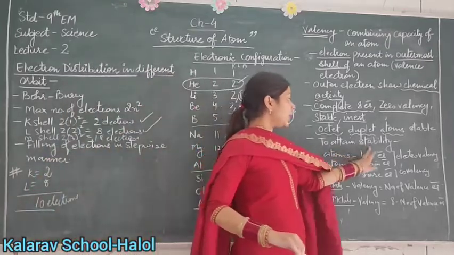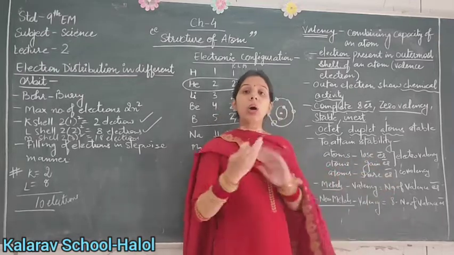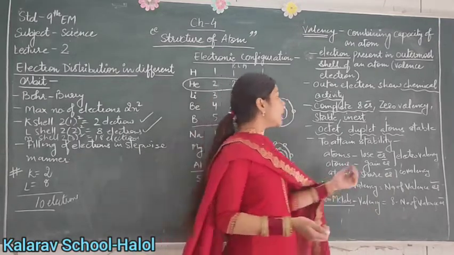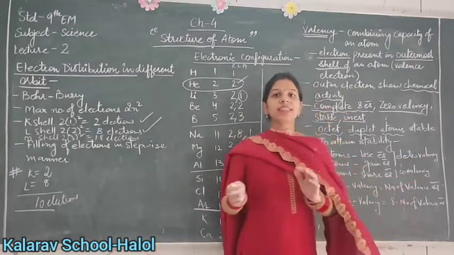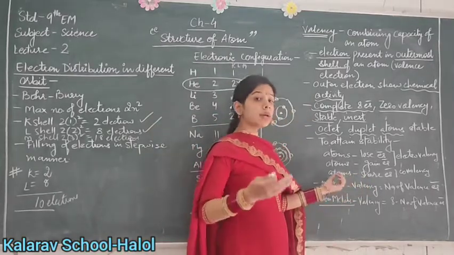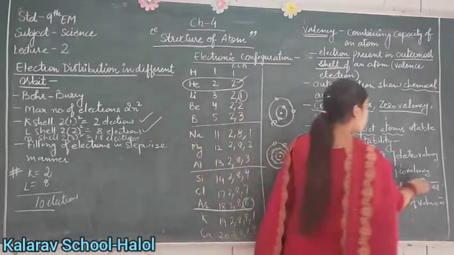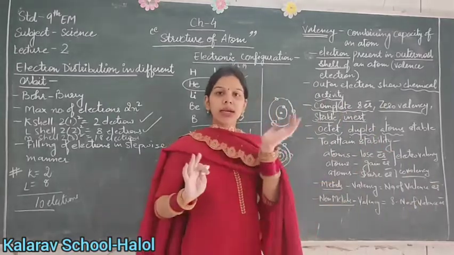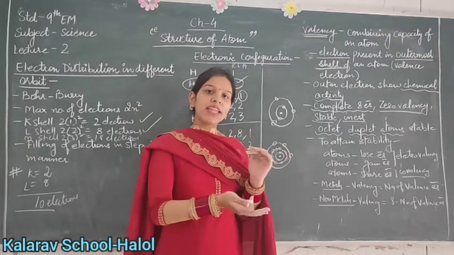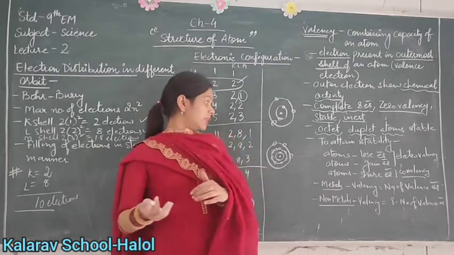To attain stability, the atom should lose electrons or gain electrons. How many electrons the atom gains or loses gives the electrovalency. Electrovalency is a word used for ions. How many electrons are shared by atoms is called covalency. So electrovalency and covalency are just valencies. For ions we simply say electrovalency, and for the sharing of electrons it is called covalency.